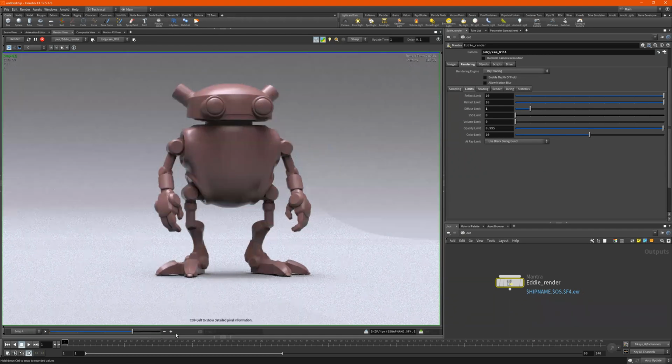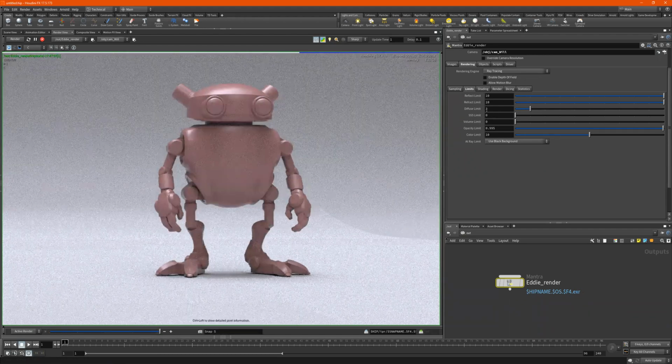What it's doing is this. Because we cranked up the diffuse limit, it means that light is bouncing around a bit more. So let's say before it just hit this, bounce, hit this, bounce, and maybe hit this and went away, right? Now it hits this, bounce. It allows the light to keep on going and bouncing off of different surfaces a bit more than when it